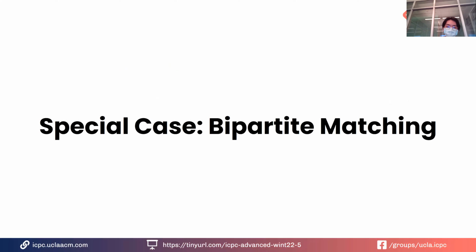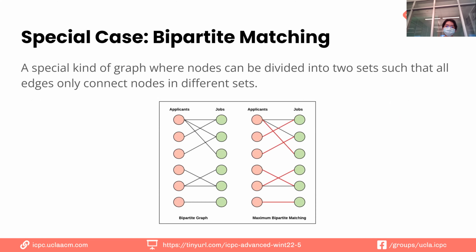Yeah. So the special case that I was talking about is this thing called bipartite matching. So this is another interesting case where we can apply max flow to something that doesn't seem like max flow. So bipartite matching is a matching on a bipartite graph. So what is a bipartite graph? That's a special type of graph where the nodes can be divided into two sets such that edges only go from one set to the other. So it's kind of like the opposite of the min cut thing where you can only have edges within a set. In this example, you can only have edges between the sets,